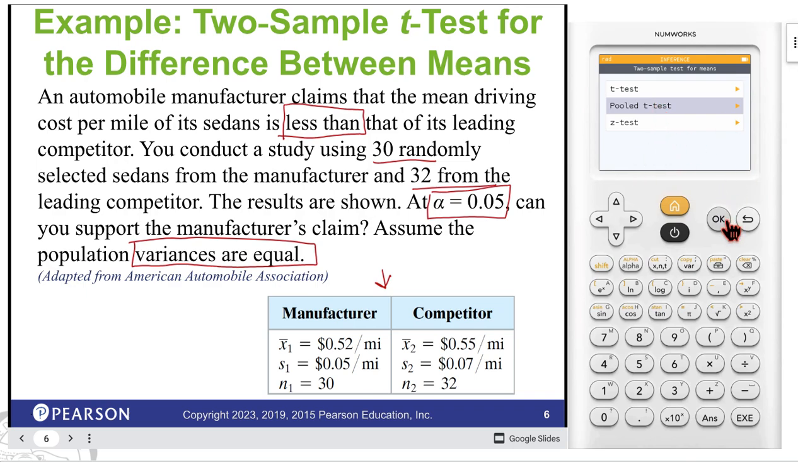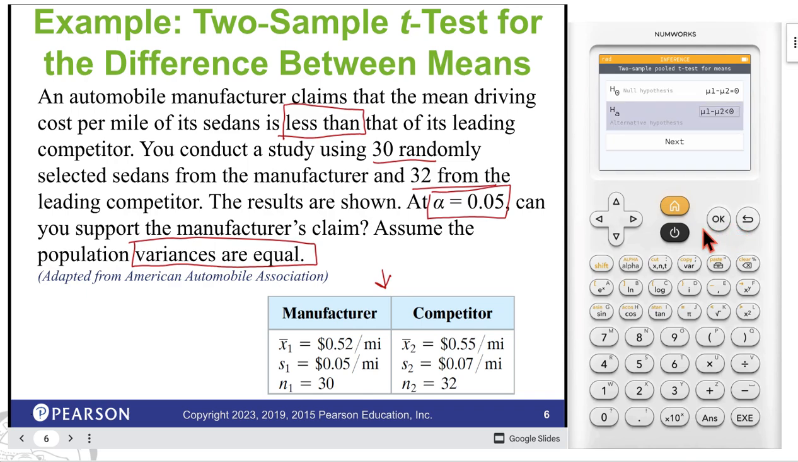So we go into the pool t-test and you'll see the inputs are going to be pretty much identical to what we do for a regular t-test, but the formulas behind them are different, so we'll end up with different answers. The null hypothesis is always equal to 0. Leave that. But the alternative, in this case, is not just different, it's less than. So we're going to choose the less than